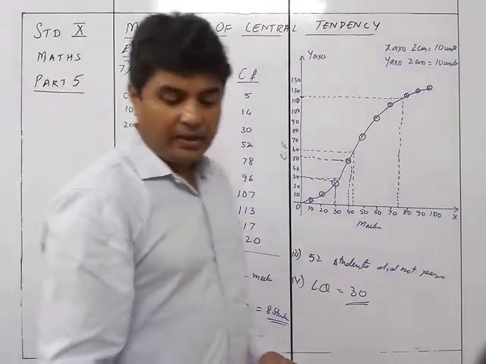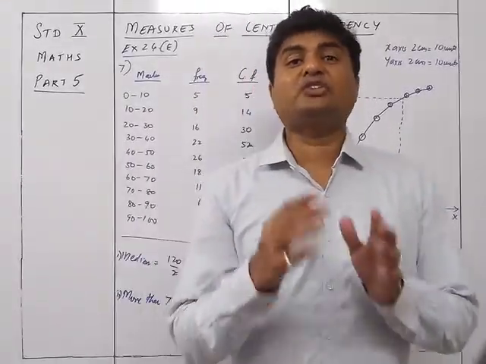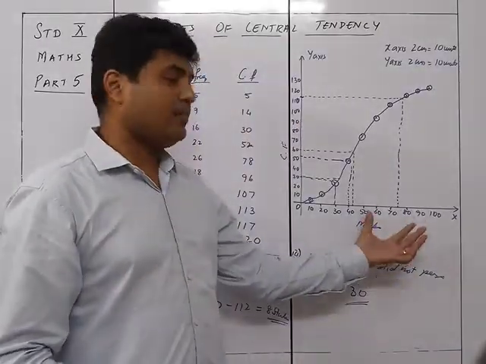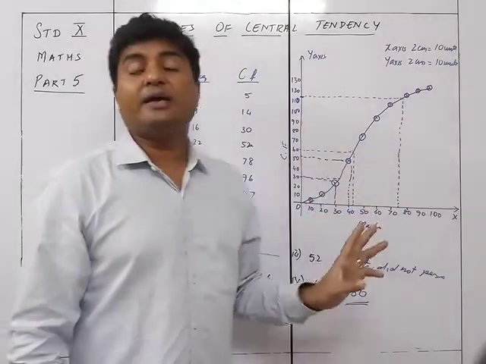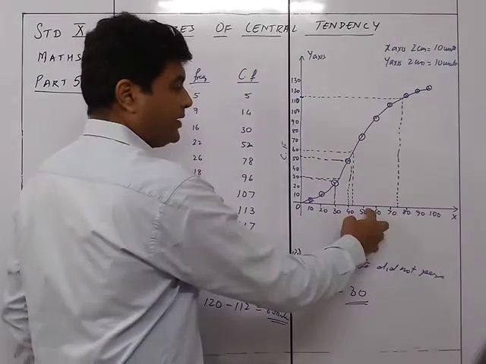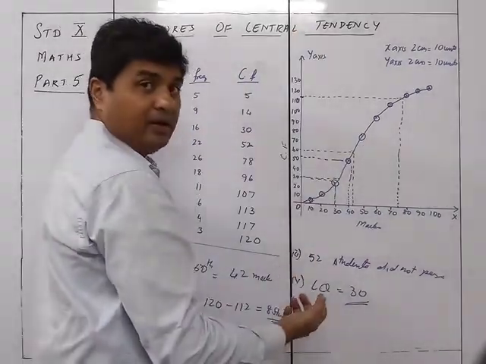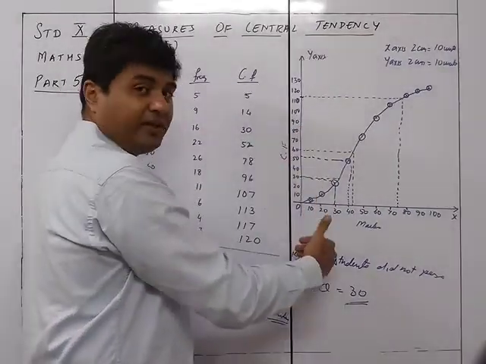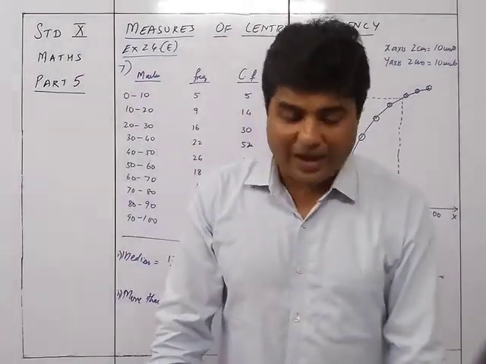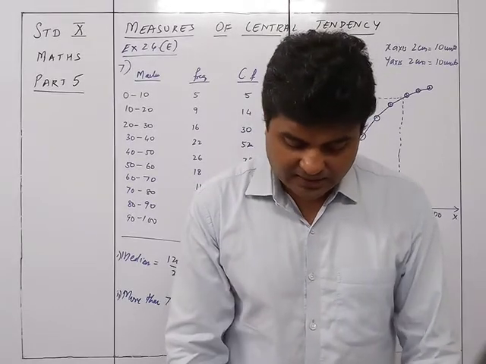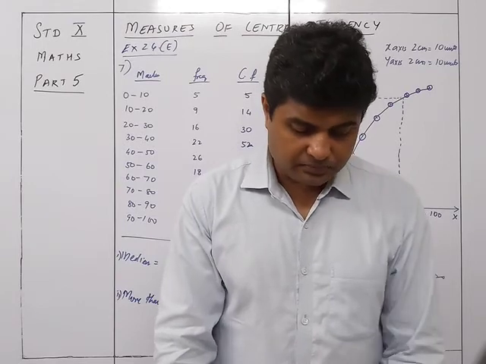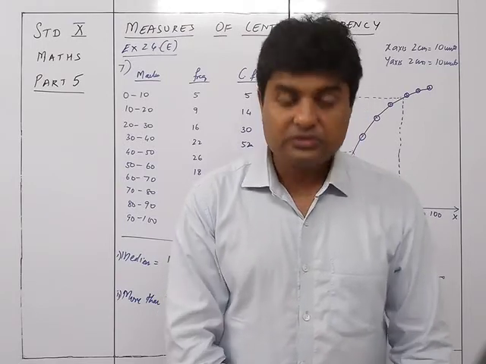Got it? So in this way, they can ask you questions based on the graph. So you need to understand how you have made the graph and accordingly, like we saw for marks, someone can also ask how many got above 70 or how many got above 50, then you have to take 50 and put it over here. So this many people got it. How many got below 50, then all these are below 50. Okay, so in this way you can find out the values from the graph directly. So this is about the chapter measures of central tendency, and yeah, this is the end of the chapter. Thank you.